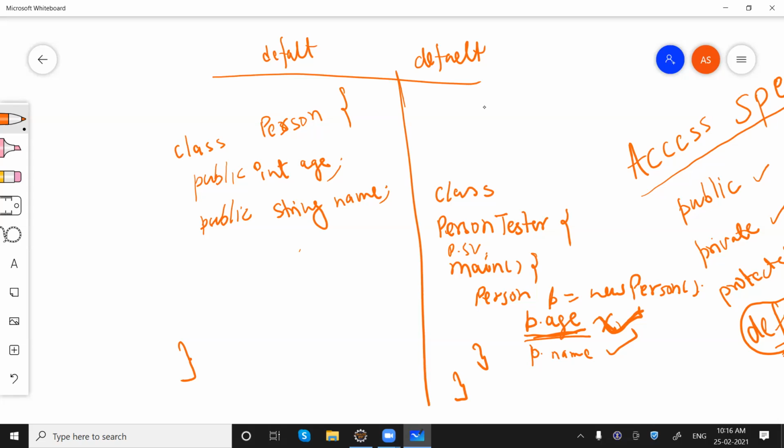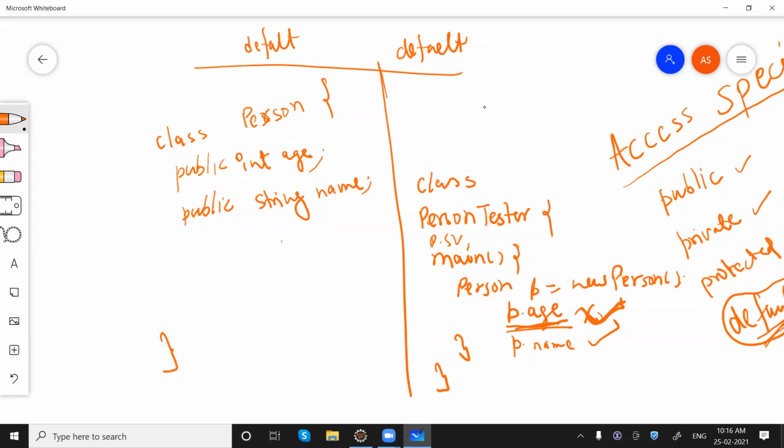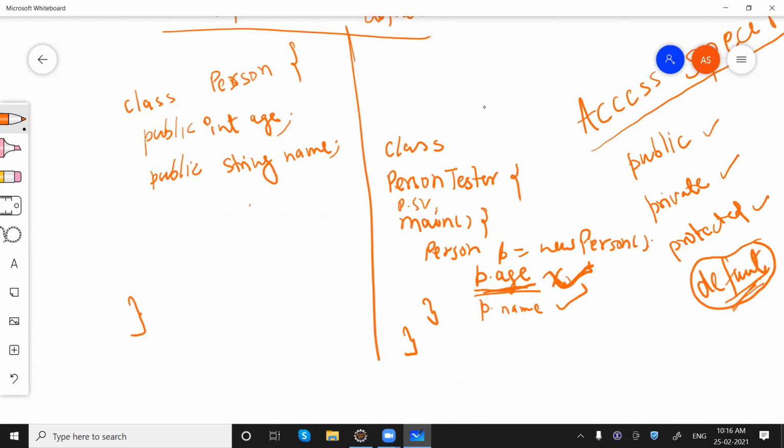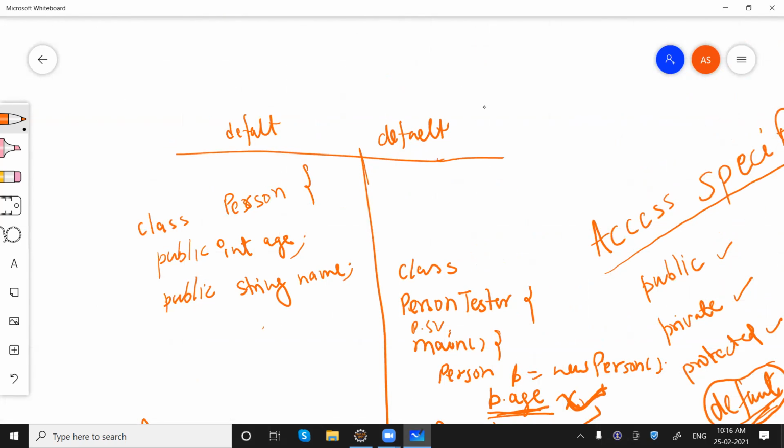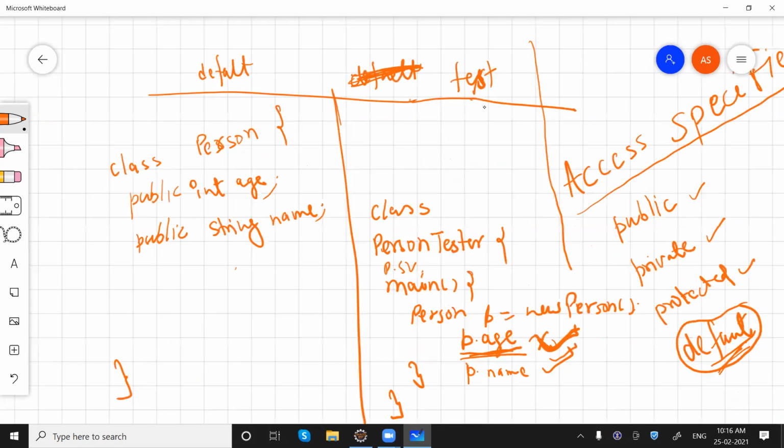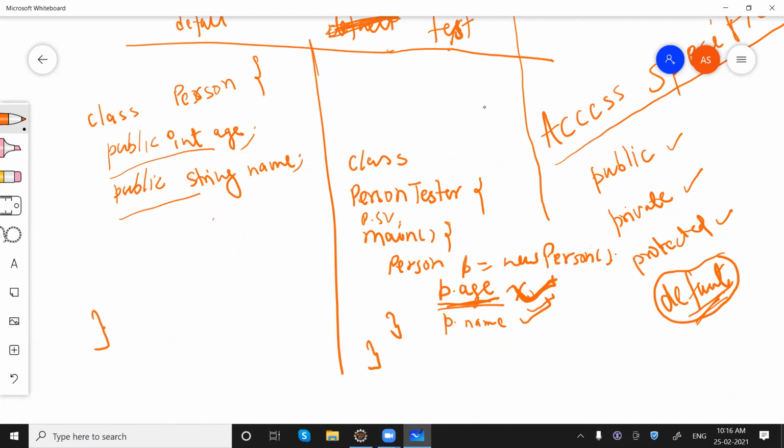But for that, for example, this is the class PersonTester we have in default and the Person class we have in the default package. Then it is fine, we can access this, right? Now let's say this is not in default, this is in some test package. You can see these are public members of this Person class.